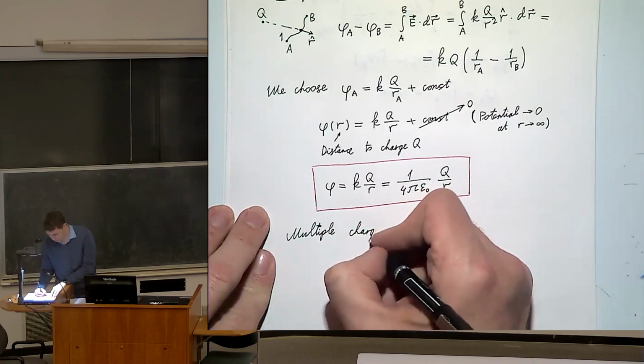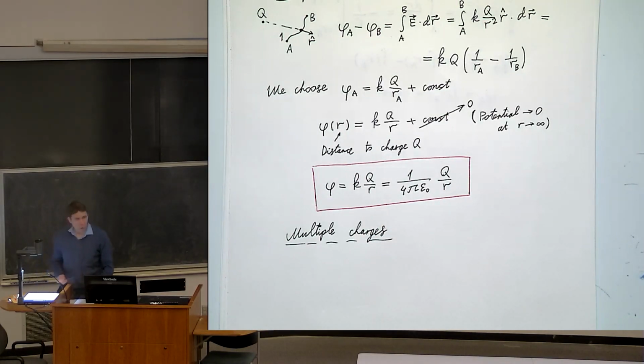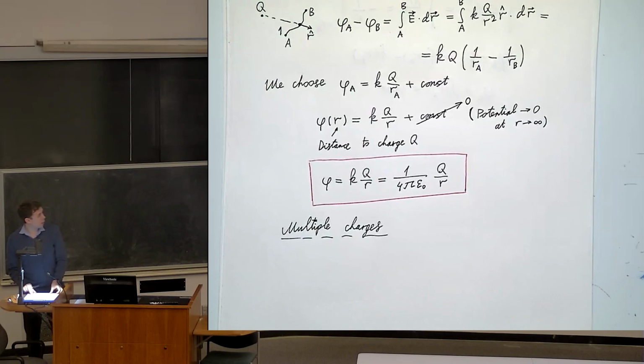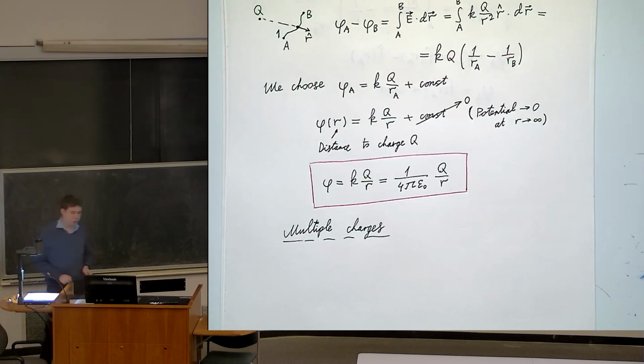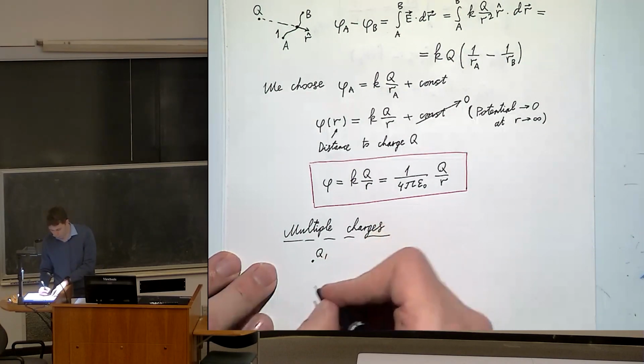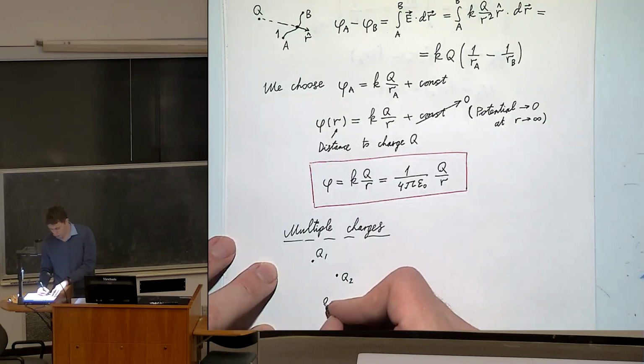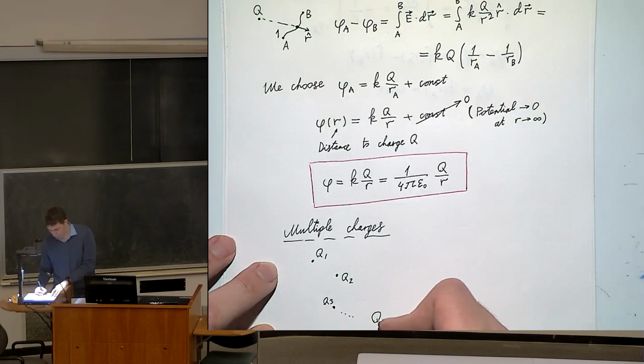Because when charges do work, when other charges move in their field, and the respective forces add up, so do potentials. So if we've got multiple charges, Q1, Q2, Q3, and so on, Qn,